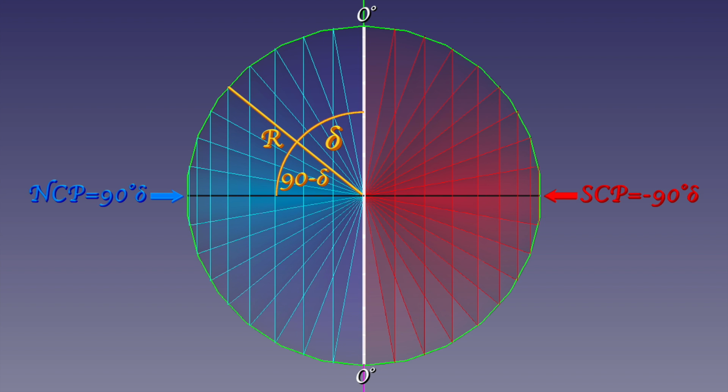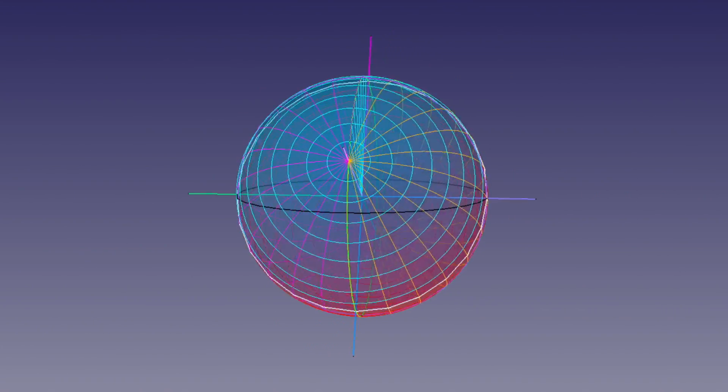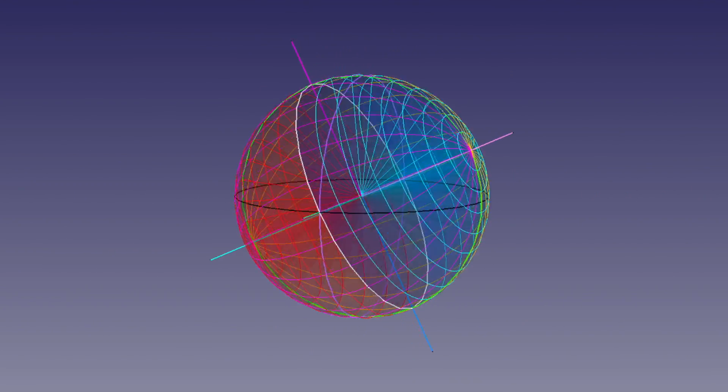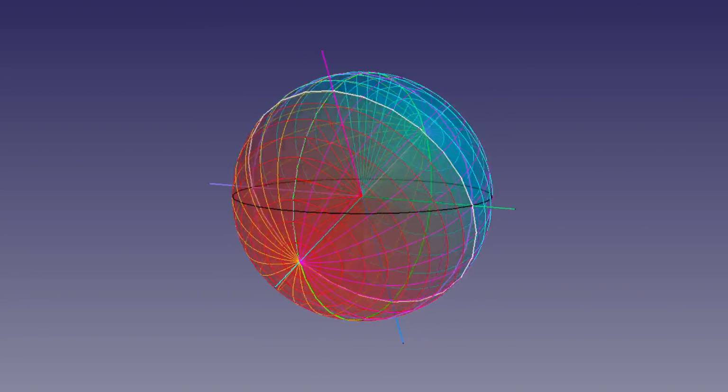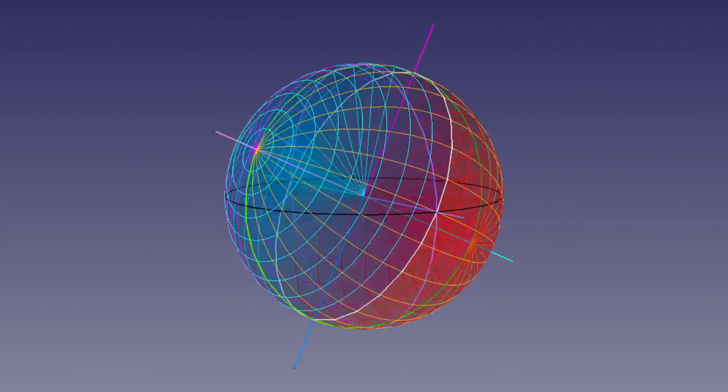The polar angle is measured relative to the plane of the poles to the cone's edge and is therefore equal to 90 minus the declination of any given cone. Since the celestial equator has a declination of 0, it's a great circle. Every other declination is represented by a minor circle with an apparent radius based on its angular position relative to